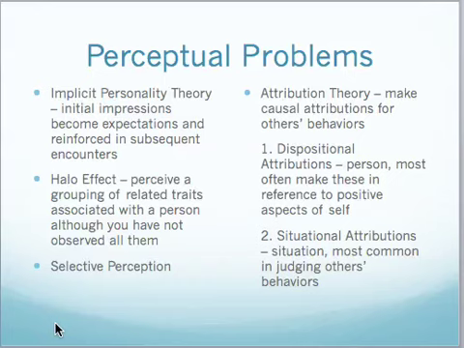In some cases, you can make some causal attributions, and the other person may even reveal their causal attributions to you. But in many cases, you really won't know. You won't know why someone said something or why someone behaved a certain way. There are two primary types of attributions. One is a dispositional attribution.